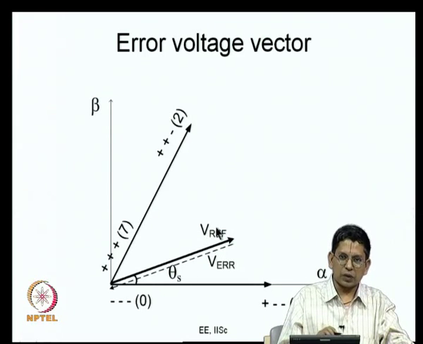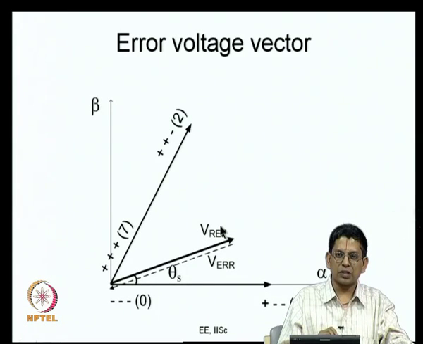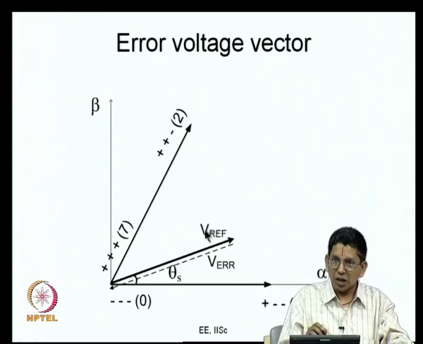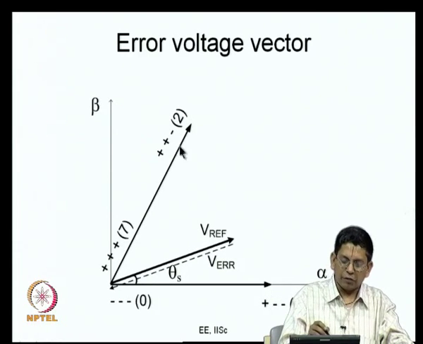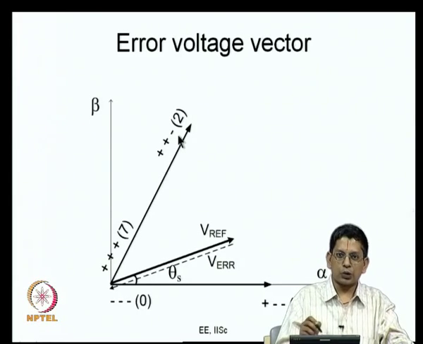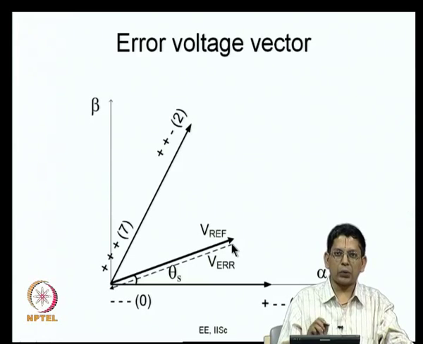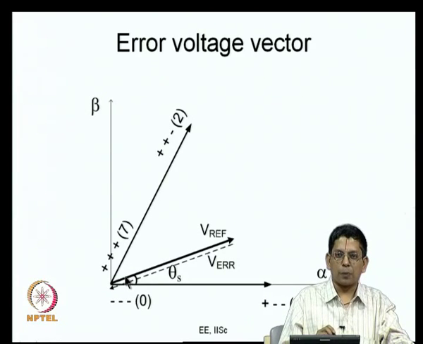So, this is the reference vector. In a particular subcycle this is the commanded reference vector, you need to produce this reference vector. How are you supposed to produce it? This VREF vector is not available to you. The closest options available to you are the V1 vector, V2 vector and Vz vector. Though the V1 vector and V2 vector are close to this, both in terms of magnitude and angle, they are not equal to it, they are different from this. The null vector is also substantially different in magnitude from this, right.